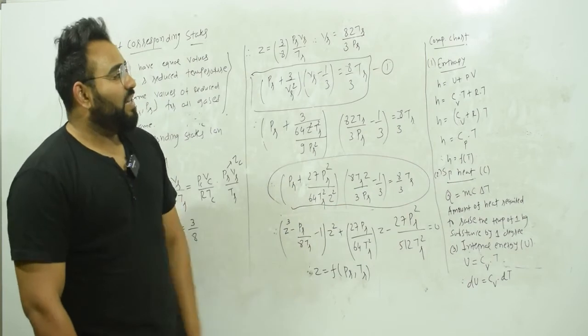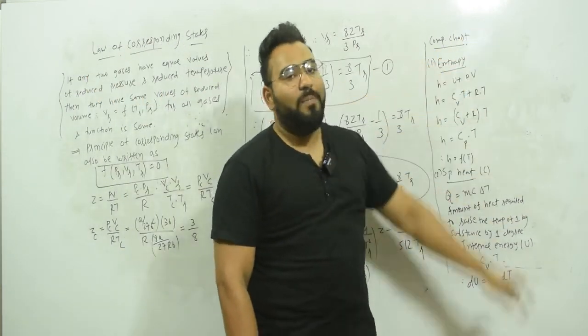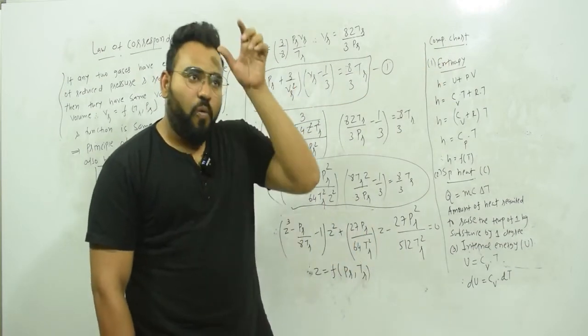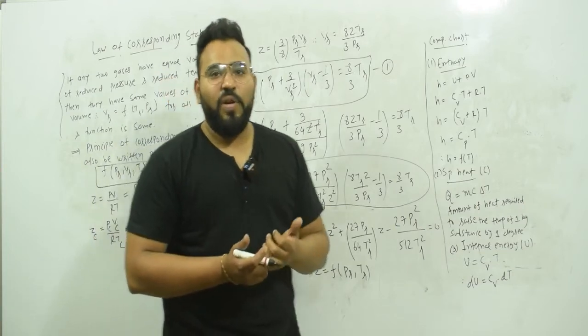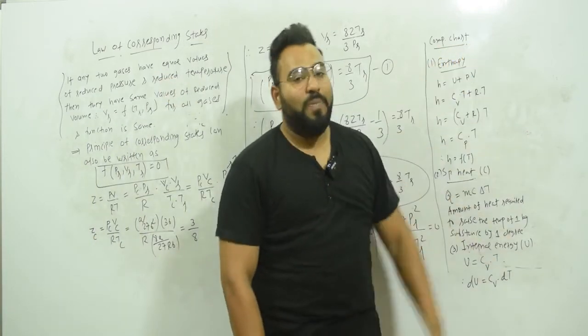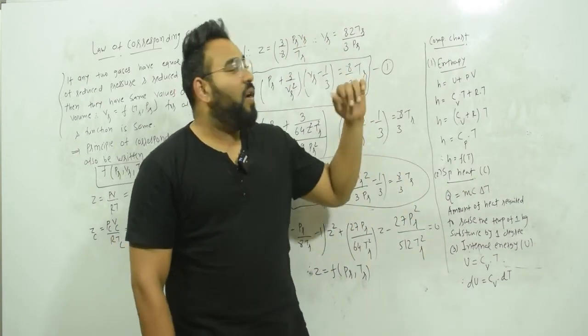Okay, now let's take the last topic of this chapter. There is one theory called the compressibility chart. In your reference book or textbook, they have given one diagram. In theory, you cannot remember the diagram, because the compressibility chart topic is a diagram. We can't mug it up, so we have to leave this theory.